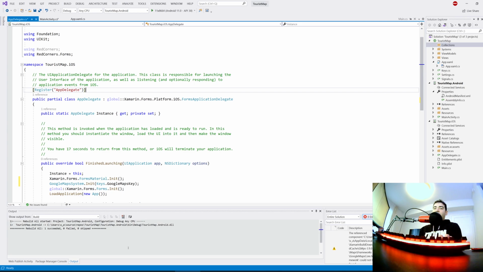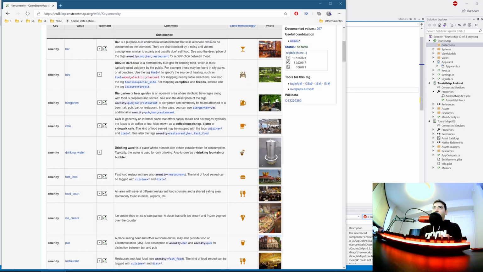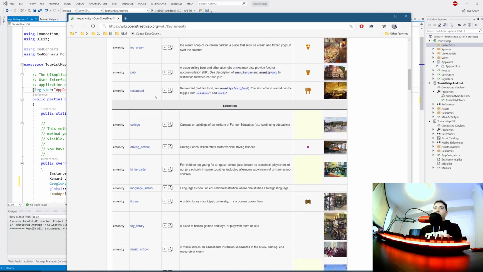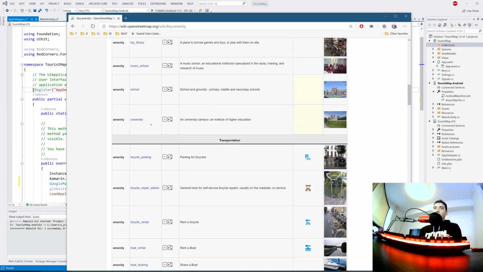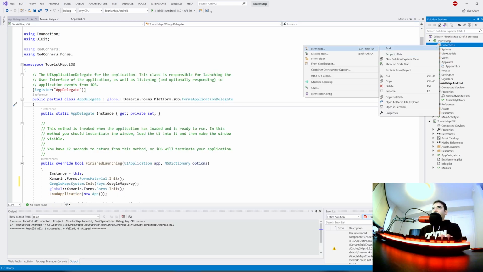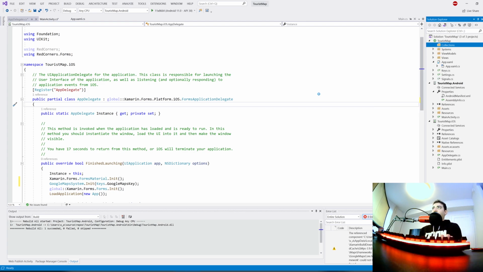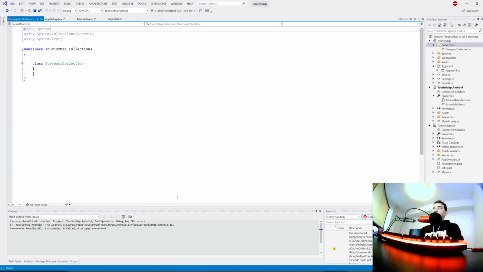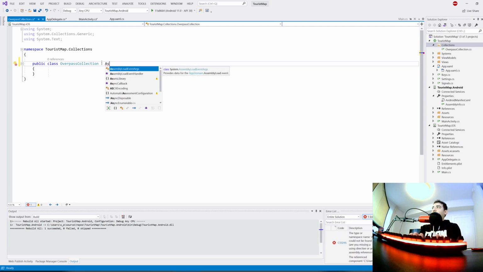And so we're gonna get our data from Overpass. It's an OpenStreetMap API that gives you places based on amenities. So for example, I can get cafes, I can get restaurants, libraries, and so on, fuel. So let's make a bunch of collections for each of them. So we use it as a base class. So it has to derive from async map object collection,